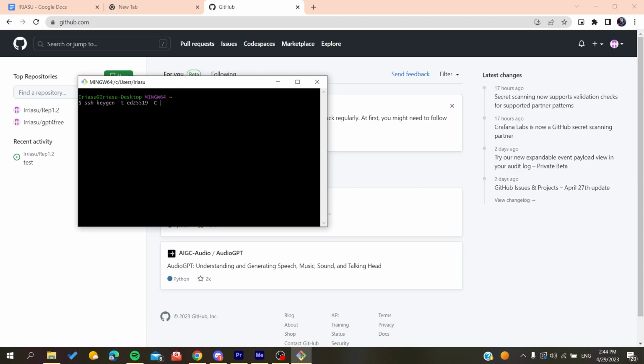So you can just have some example at example.com, and then it should normally generate a public key or private key. So basically here you will enter the file in which to save the key. Just name it whatever you want. Then enter a passphrase. Okay, so